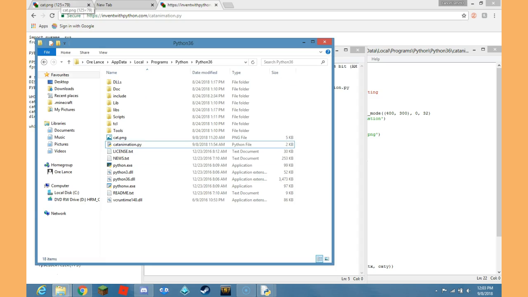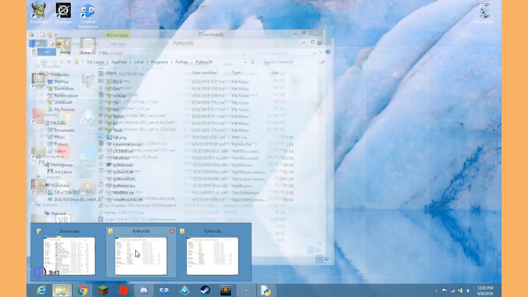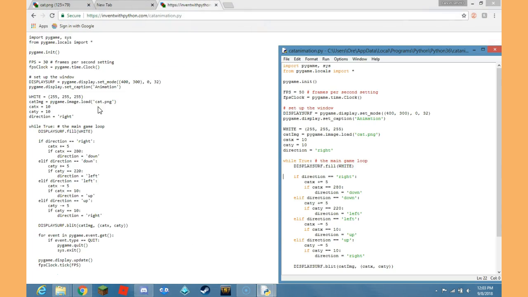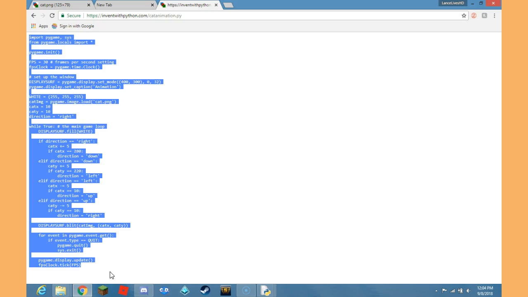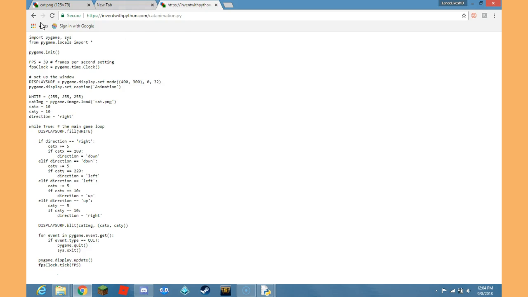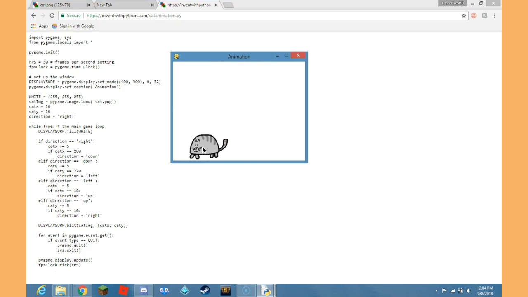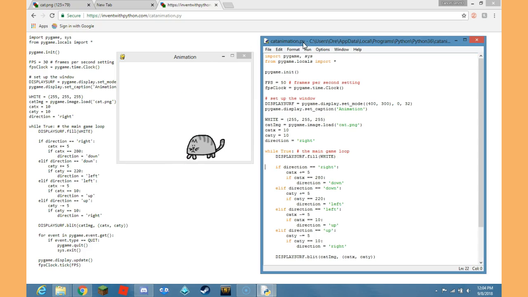By the way, if it's not working for you, then make sure you copy all of this, all of it, just like my screen. And if this isn't coming up, I'll put the link in the description so that you can be satisfied with an animation. Also, if this is too slow for you and you want to make it faster,